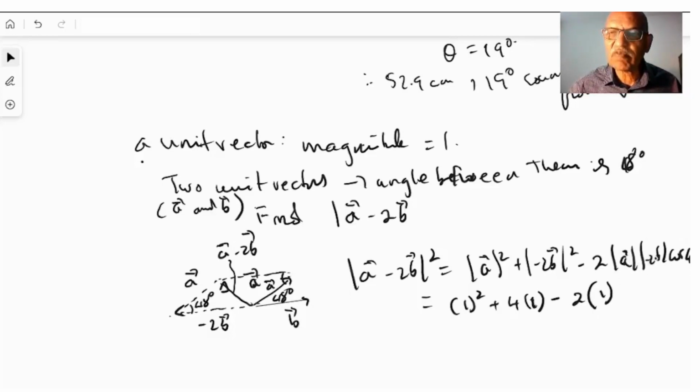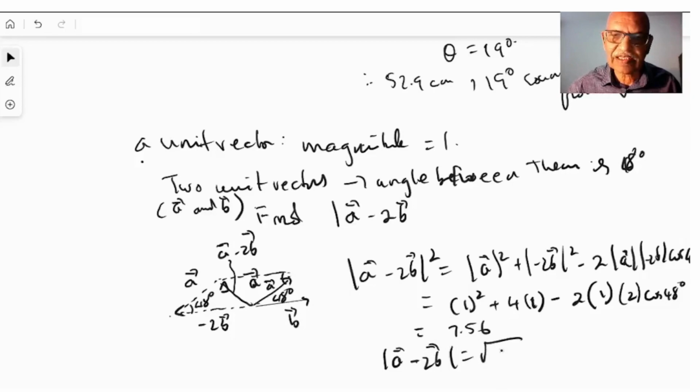This is the magnitude of minus 2B, which is 2. Then cosine 48. Cos 48. So all these calculations will give me 7.56. Therefore, the magnitude of A minus 2B will be the square root of that, 7.56, which will be